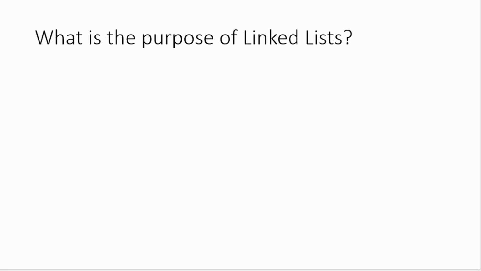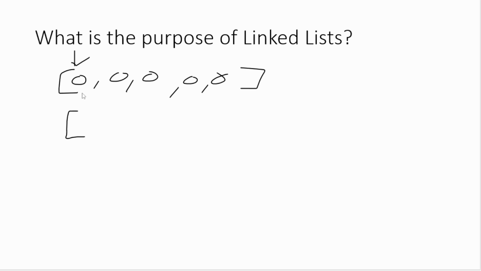When you're looking to insert a new element in an array, it can be quite pricey because you have to create room for the new item. To do that, elements must be shifted. So let's draw an array real quick. So I've got my brackets. This is item, item, item, item, item. They're not zeros, they're just circles. And let's just say I want to insert a new circle at the beginning. So I'm going to have to shift every single item to the right to make room for this. And when it comes to big O efficiency, this is O(n), simply because you have to move every single item